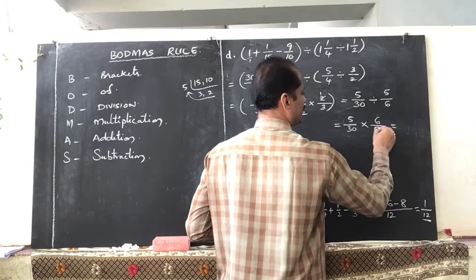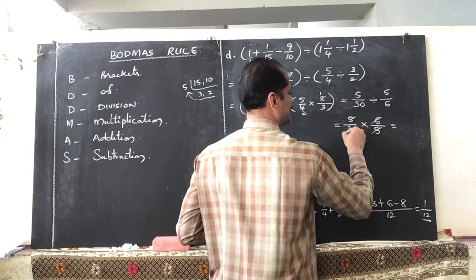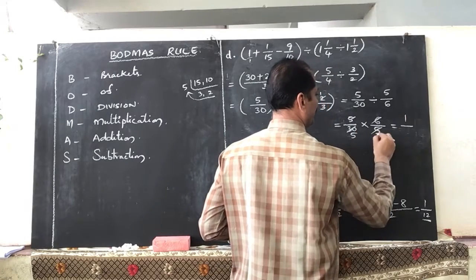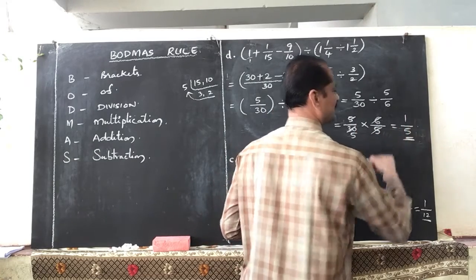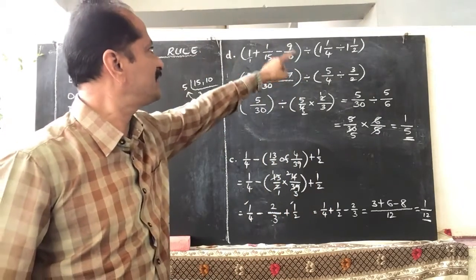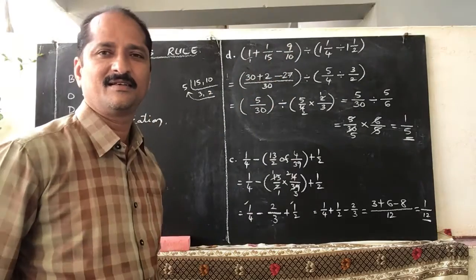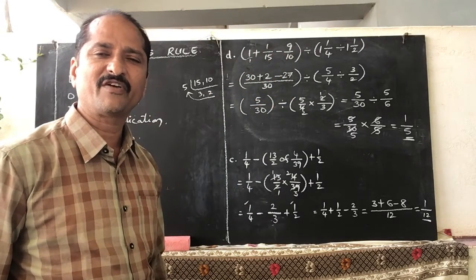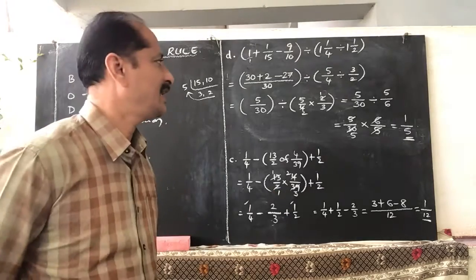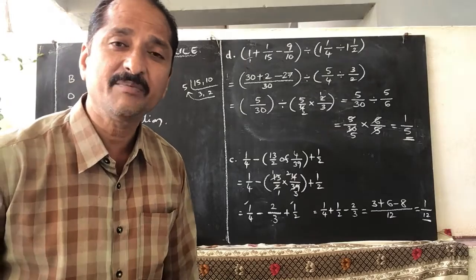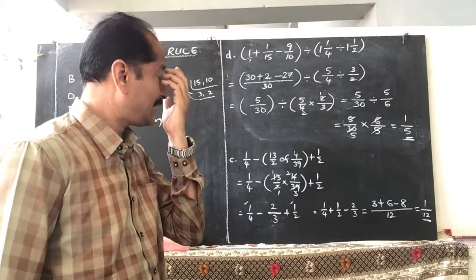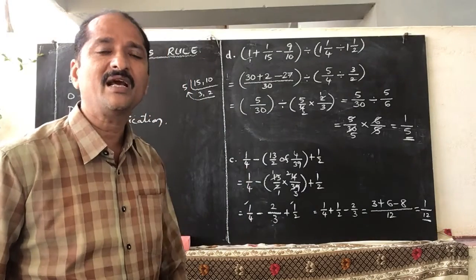So that is equal to, you can cancel 5 and 5, 6 5s are 30. So then the numerators 1 1 are 1, by 5 1s are 5. So 1 by 5 is the simplest form. Total, at last you got the simplified form as 1 by 5. 1 by 5 is a proper fraction, so keep it like that. And 1 by 5 is also in its simplest form because 1 and 5 don't have any common factors. Okay? So like this, the BODMAS rule can be applied.